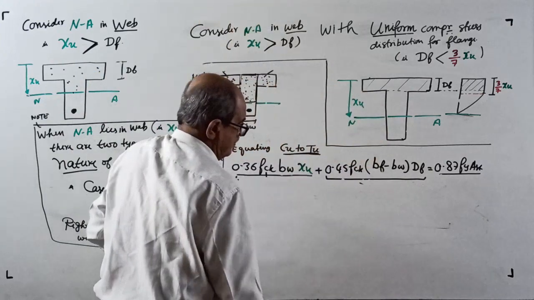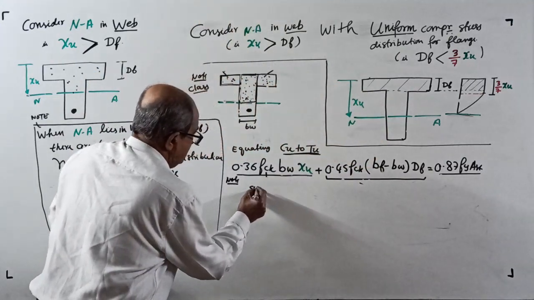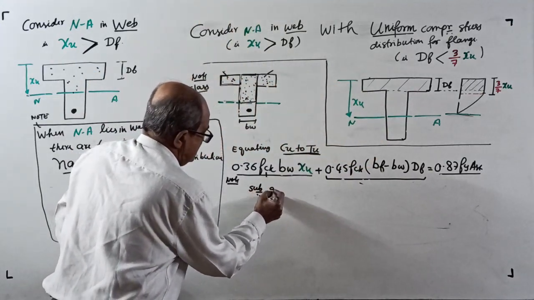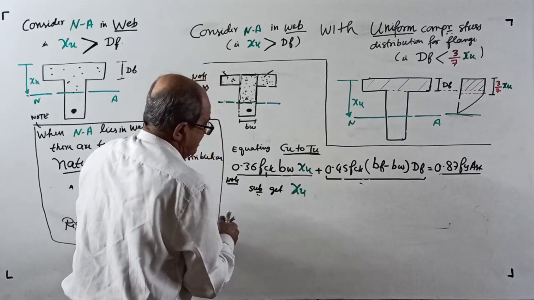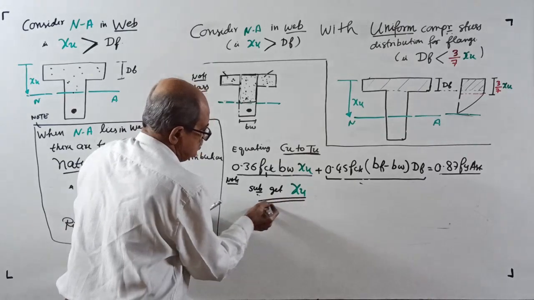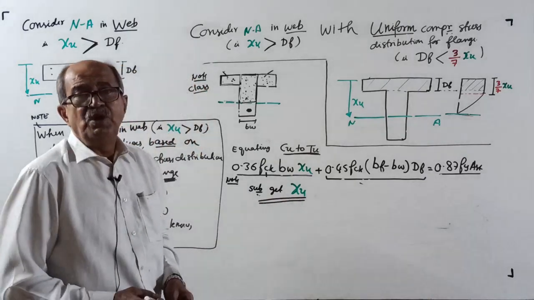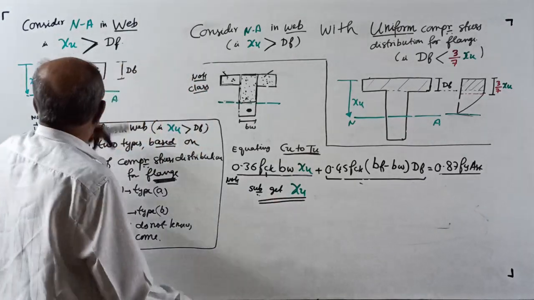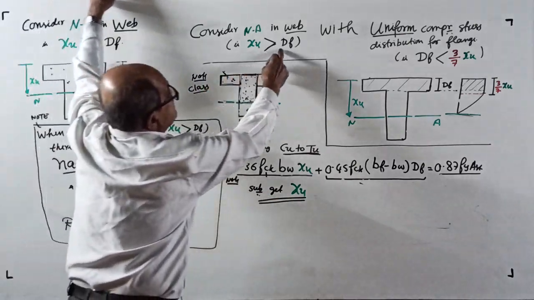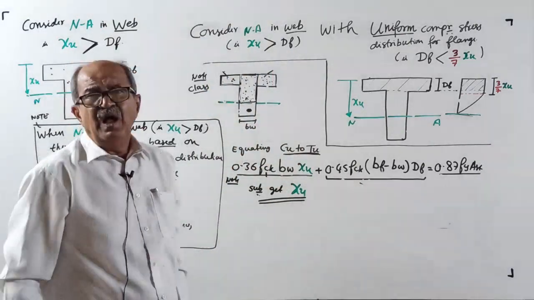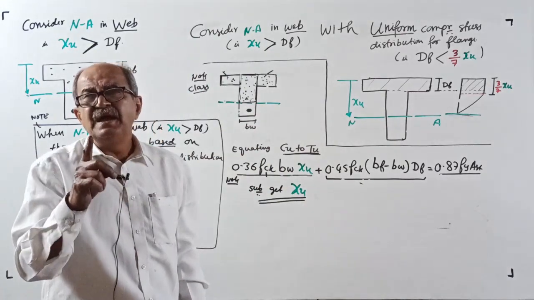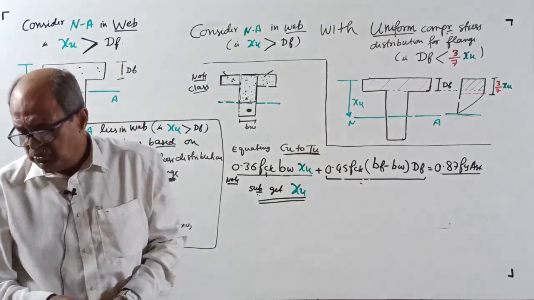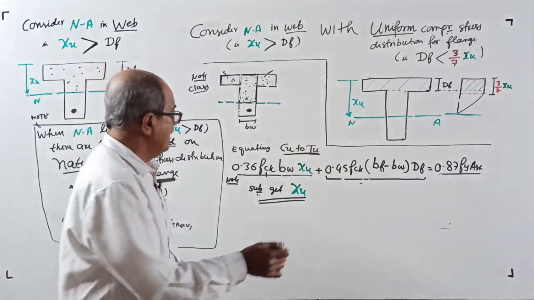Okay, now, substituting, get the value of xu. Then, what to do? Some will tell, sir, compare xu with this assumption. No. I told so many times, in limit state method, whenever you get xu, always you apply